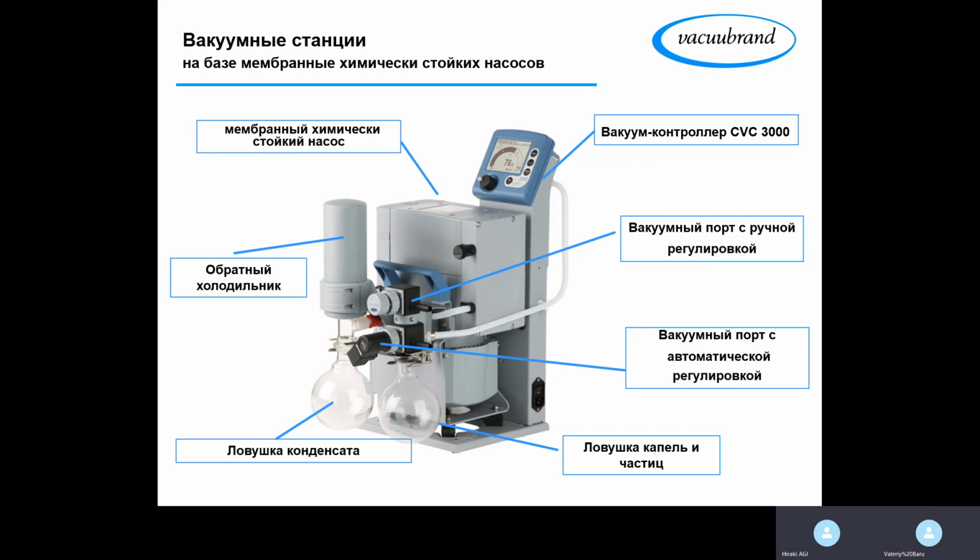Yes, we need to control it more precisely, but in case we didn't do it properly, there will always be a certain amount of vapors that will go through the vacuum pump and fly out of it. And as they are flying out at atmospheric pressure, they will immediately condense. And if we don't have this receiver here on the outlet of the vacuum pump, the vapors will condense and there will be a